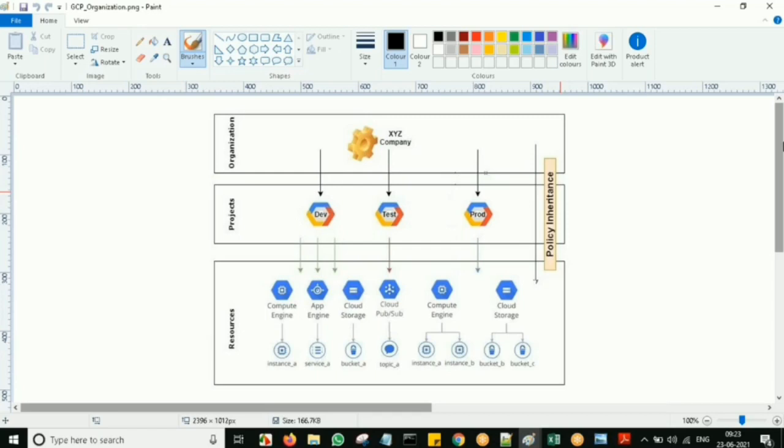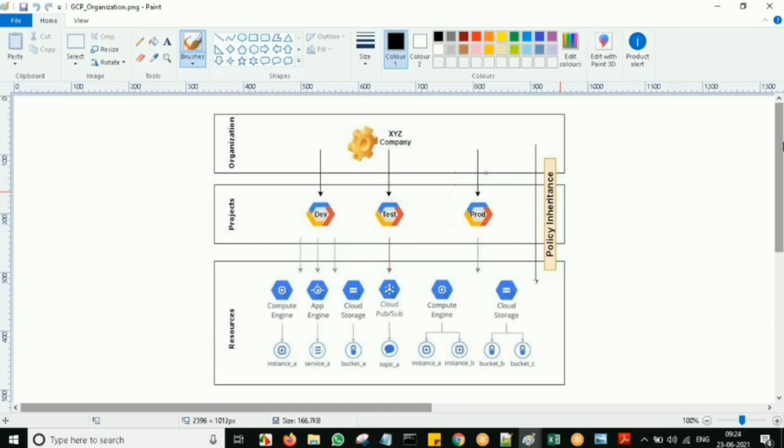So I mean to say, for your organization, if you want to create a resource, you need a project. Inside the project only you can enable the billing. Why do we ultimately need a project? In the sense to build up your resources. For example, if I'm going to hold some resources, the resources need to be monitored for billing, right? So that is the reason we need a project. In the project we'll attach our payment details.